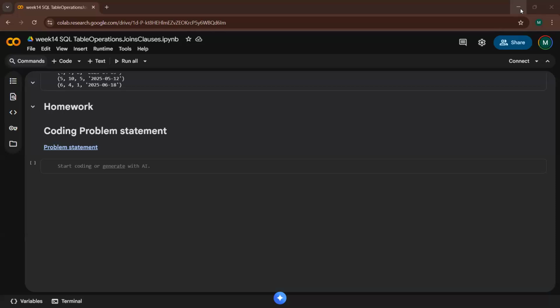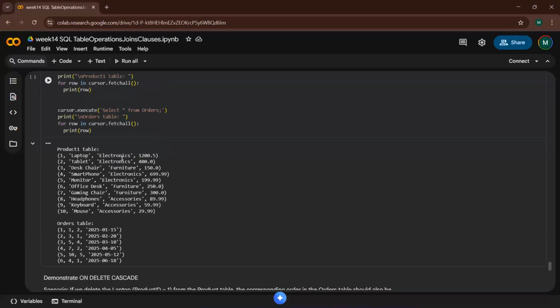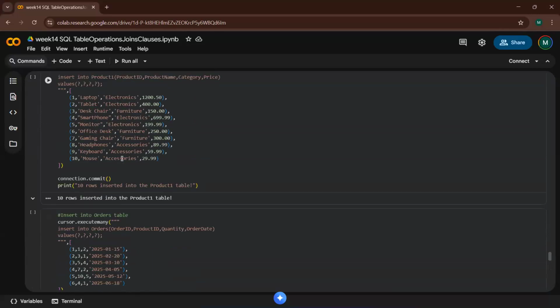Yes, you're audible. Okay, so yesterday, when you showed us the challenge, when you were creating the table, you did not put anything beside the price column. Whenever we are creating a table, we write a column's name, and then we give a type like text or string or integer. But you did not put anything there. So by default, does it take integer or how does it work here?